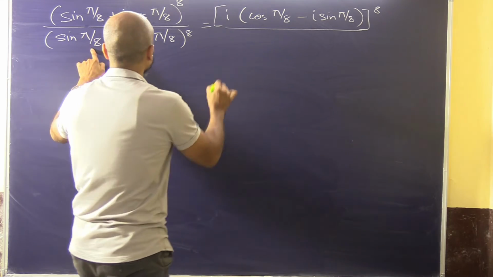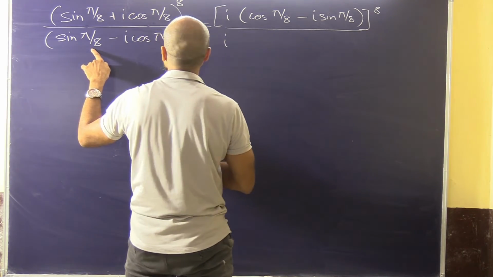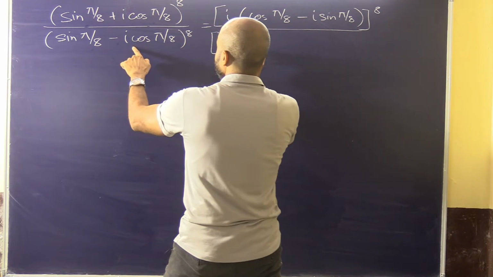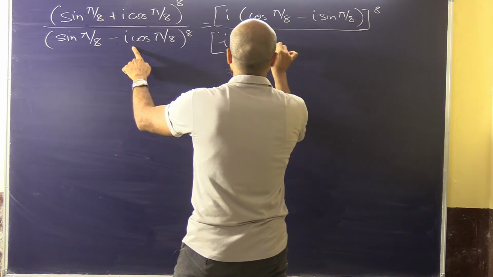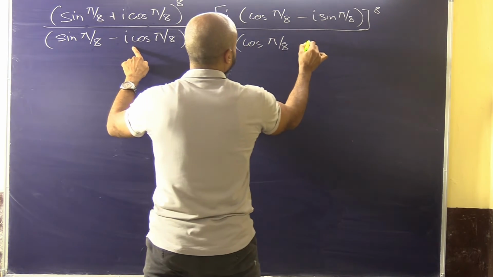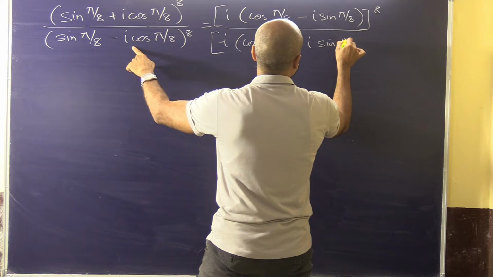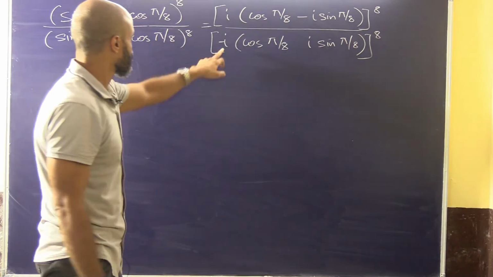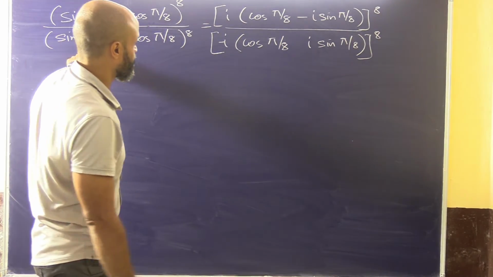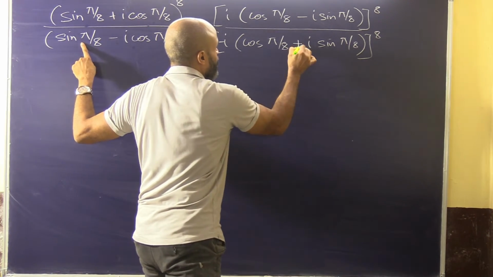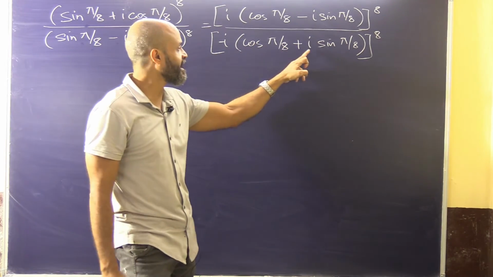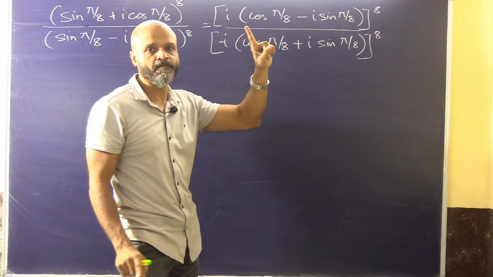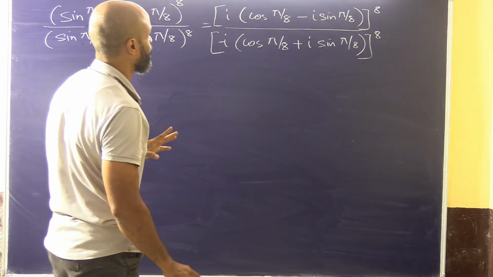Okay, in this case also we will take out minus i as common. So what will we be getting here? This will be cos pi by 8. Now here we have i sin pi by 8. We'll decide on what should be the sign here. So minus i, we need plus. So this will be plus, because minus i into plus i will give you minus i square, and minus i square is plus 1. So that's how it will get balanced.